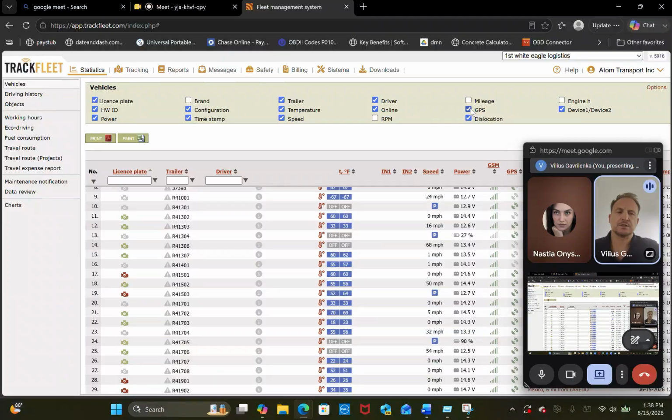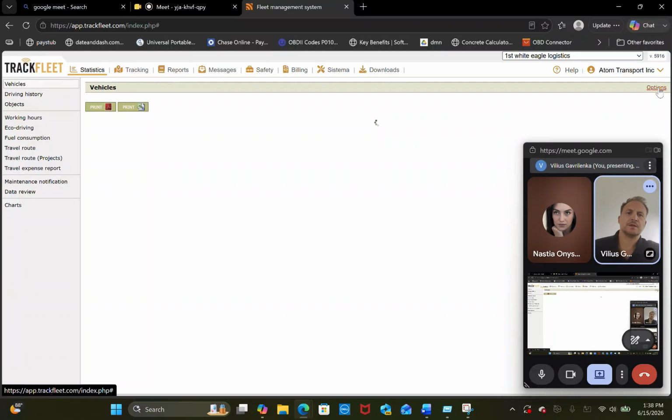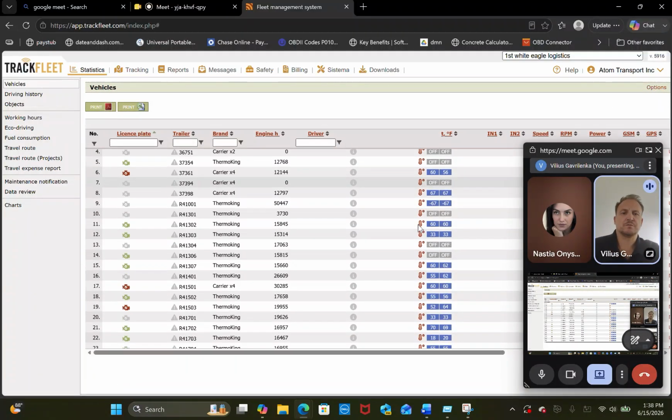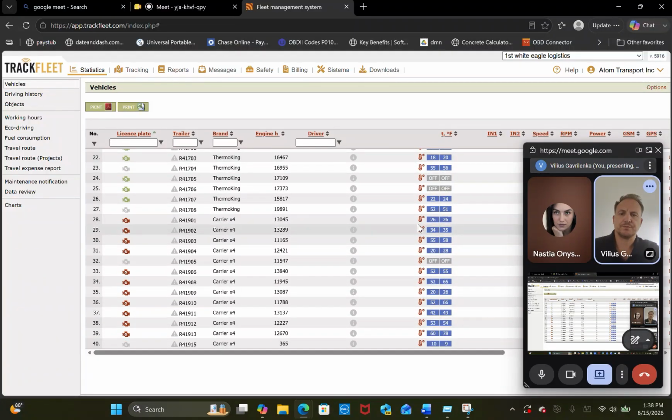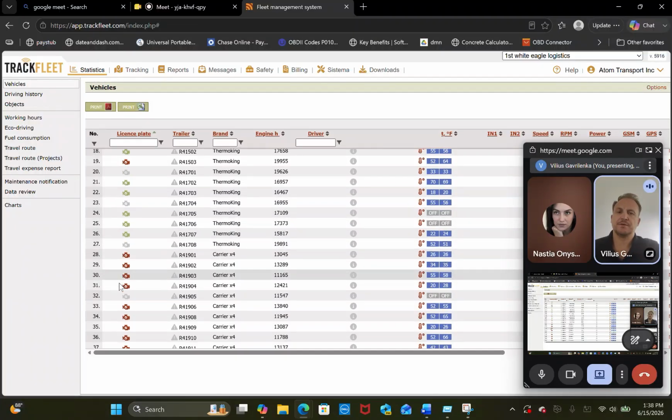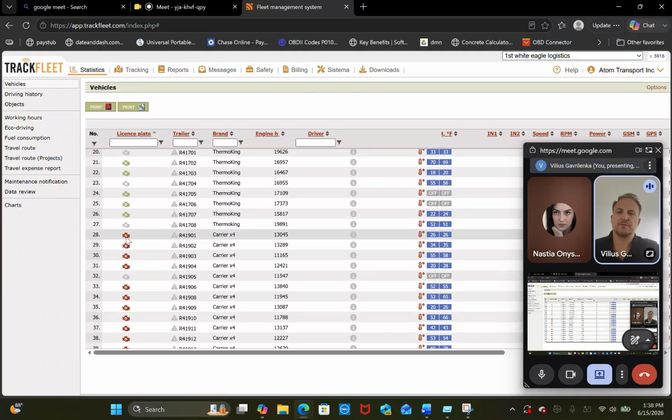You can also select other options like engine hours, RPMs, make and model for your reefer, and then click options again. All of that will be displayed on the home page. So from right to left, correction, from left to right, here, first column, we have a